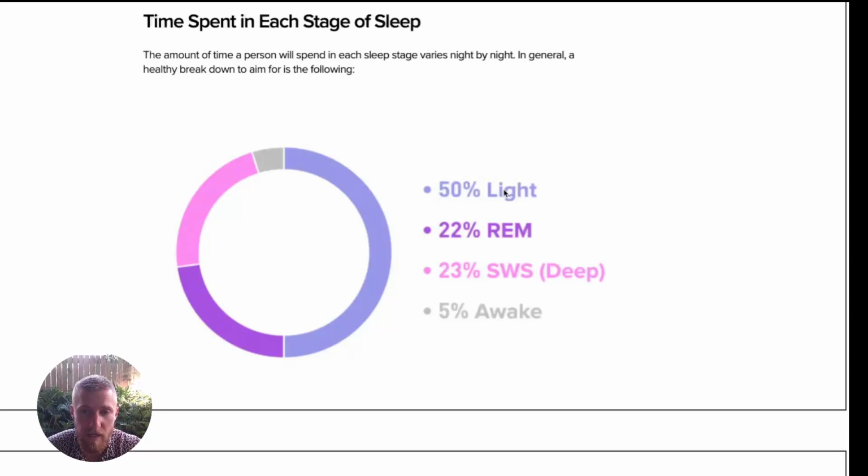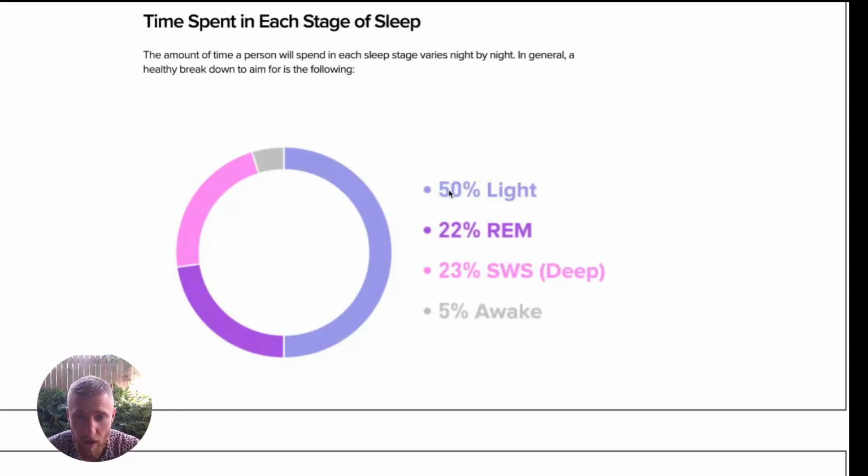One would be getting too much REM sleep. If you're seeing that you have a much higher percentage of REM sleep, what this can mean is that maybe, or most likely, you've had poor quality sleep in the previous nights. Also, if you have too much REM sleep, you can wake up with an increased feeling of irritability and hyperactiveness, and it's actually not great for your mental health to be getting too much REM sleep. So that's one thing to look out for. Another thing is too much light sleep.